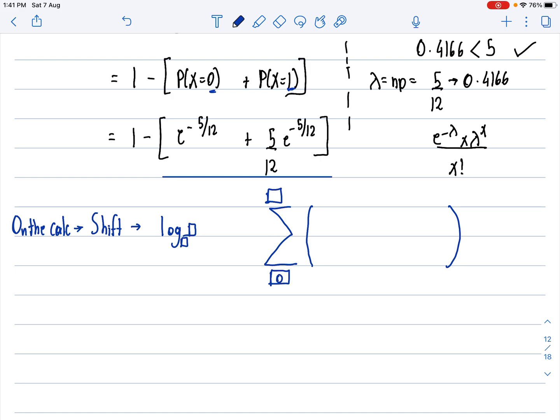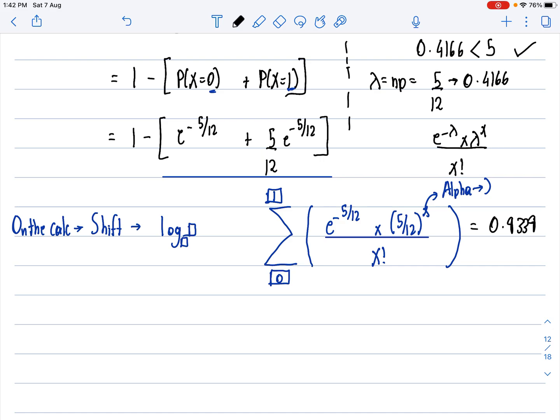Correct? So I write 0 here, I write 1 here, and here I write e raised to minus my lambda, which is 5 over 12, multiplied by 5 over 12 raised to x divided by x factorial. x will take all the values from 0 to 1, and to write an x, you simply click on alpha and the closing bracket sign. Correct? So you do e raised to minus 5 over 12 multiplied by 5 over 12 raised to x divided by x factorial with the limits 0 to 1. That's what you do on the calci. After that, when you click on equal to, you get your answer